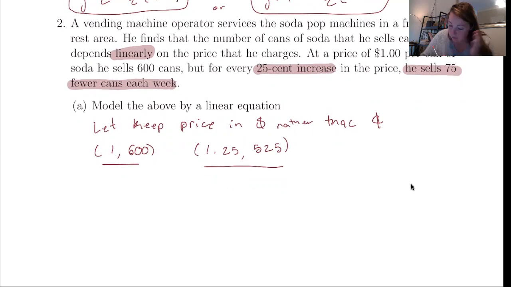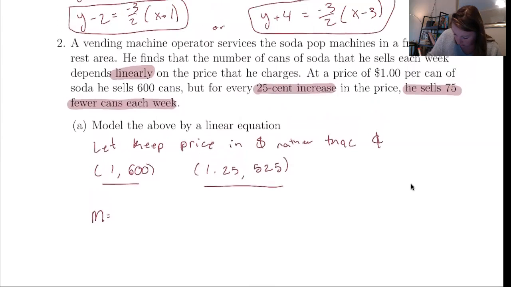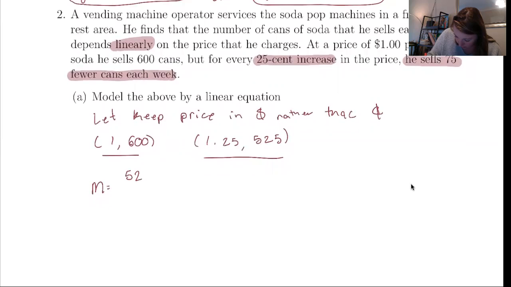Okay. So now with two points, we know that we can find a line. And you can model it point slope, slope intercept, whichever one you want. So for both of those, we need slope. So let's find that. Our slope is going to be 525 minus 600 over 1.25 minus 1. So 525 minus 600 is -75 over